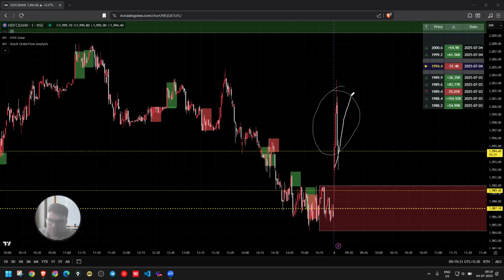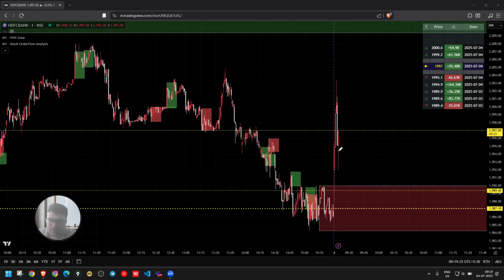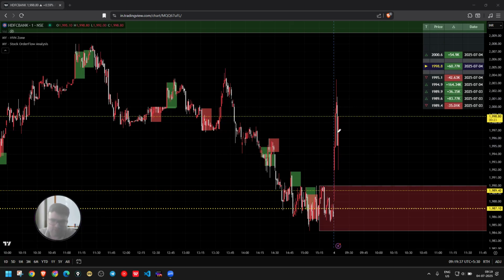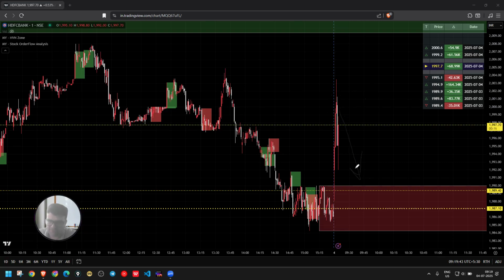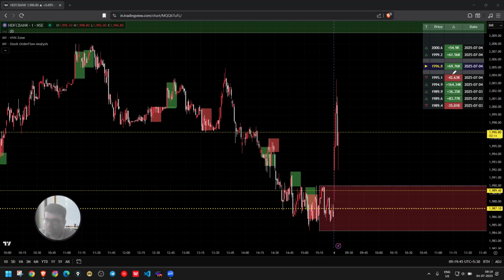So the opening option is where a lot of retail traders see the buying coming in and just like to follow the crowd, and then they get trapped and then they get flushed out, right? So this is that flush which happened. Okay, so I'm seeing other sellers getting trapped at